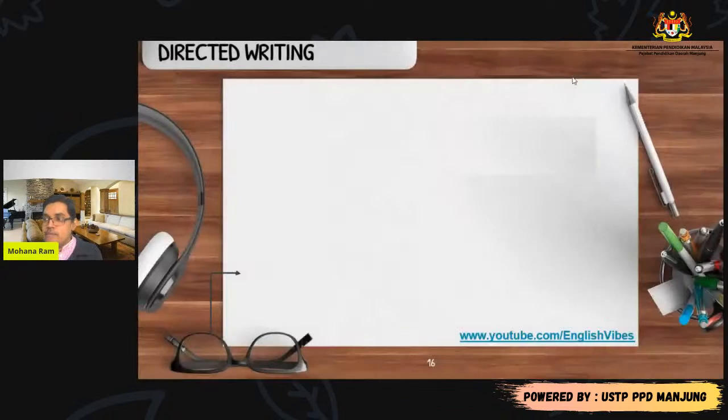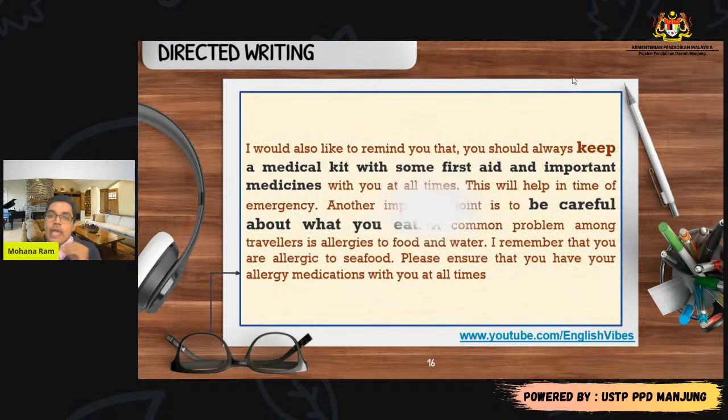Now a lot of people make mistakes. Students make mistakes. They give two, but actually the two will be one because it's related. So make sure when you are giving tips, your own points are not related to the 10 points given in the rubric, or the 2 points are related to one another. That would make it 1 point. Try to give points that are different from one another.